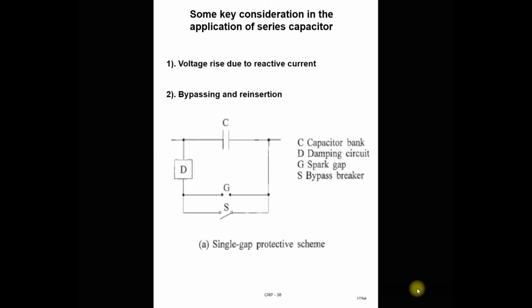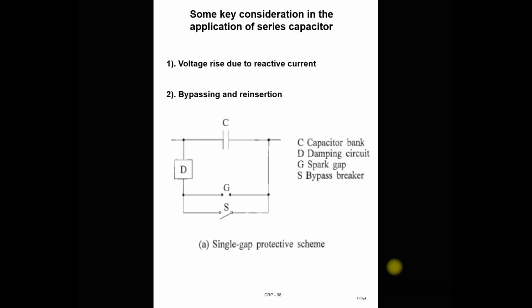Good morning, students. In the last lecture, we have seen the method of voltage control, and for that we require reactive power sources or reactive power absorption capacity. So for that, we have seen the conventional methods of voltage control. First, we saw the shunt reactor, then the shunt capacitor, and then the series capacitor. So these are the conventional methods of voltage control by absorbing or supplying reactive power.